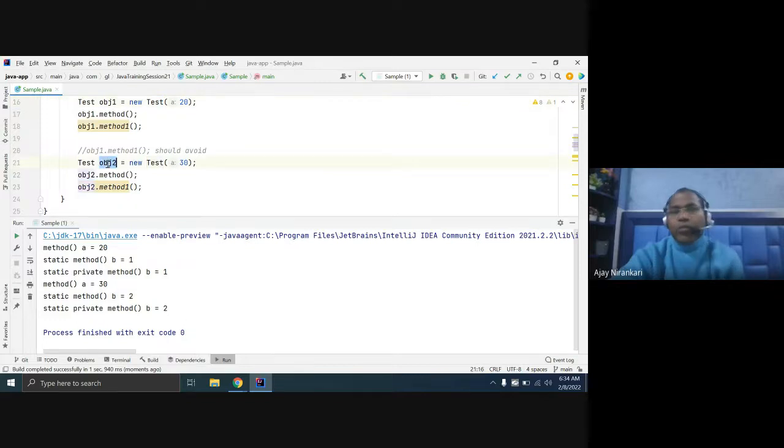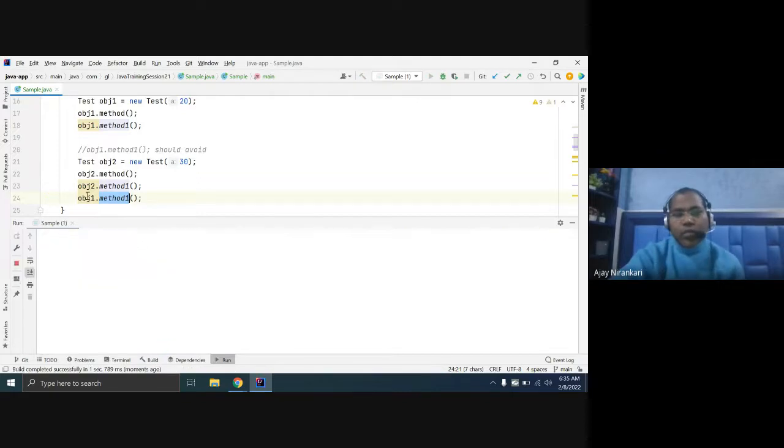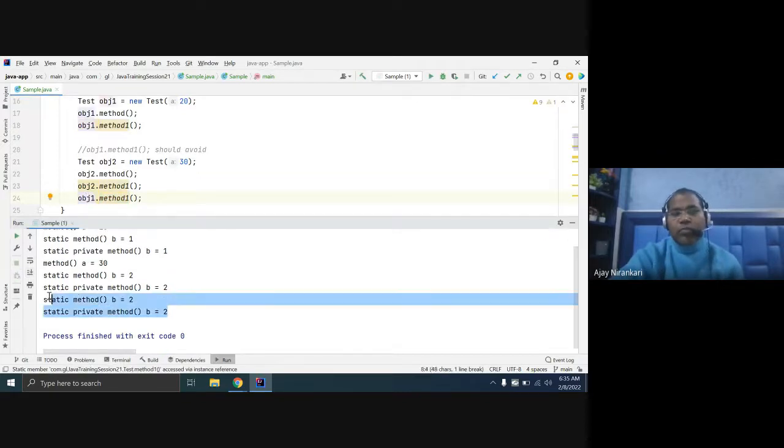After that, in object 2, the new object is created, and inside the constructor you again increment b. So it will return a new counter. What happens if you again use object 1 to access method 1 and check the b value? You notice object 1 is also getting the value 2.